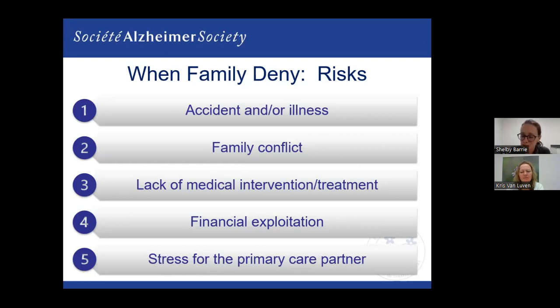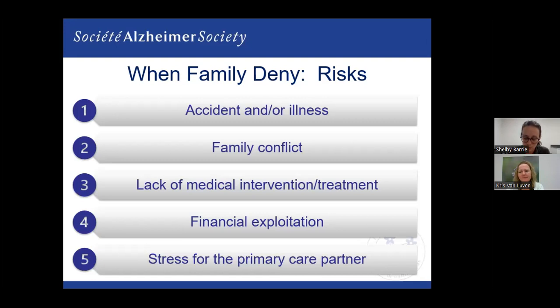So Chris mentioned some of these earlier, but leaving a tea towel on a hot stove could cause a fire. Forgetting the rules of the road and getting in a car accident, or losing one's way and becoming lost. So, if we aren't acknowledging some of these changes and getting the help and making adaptations where needed, some of